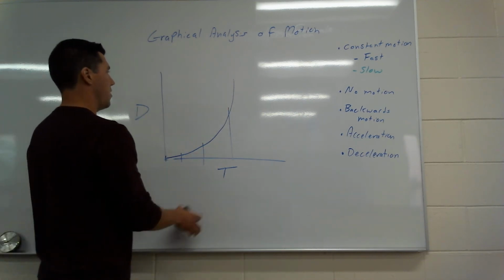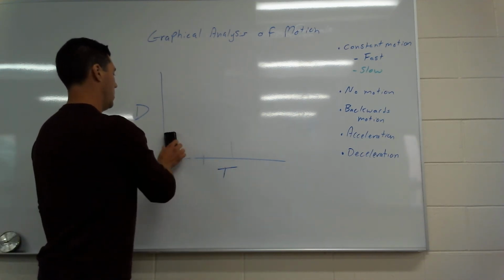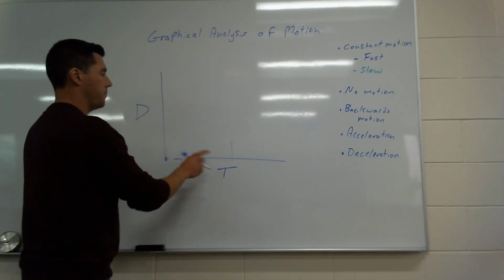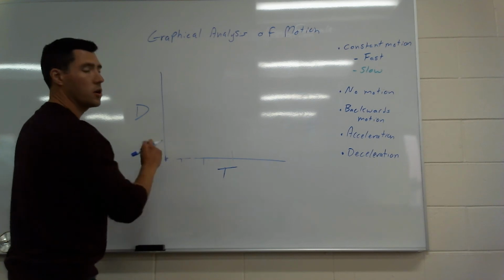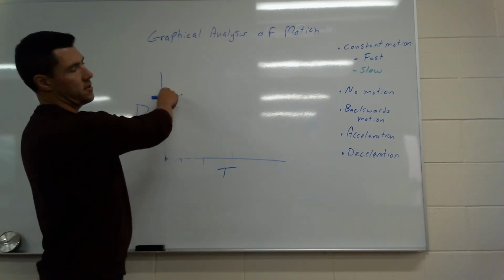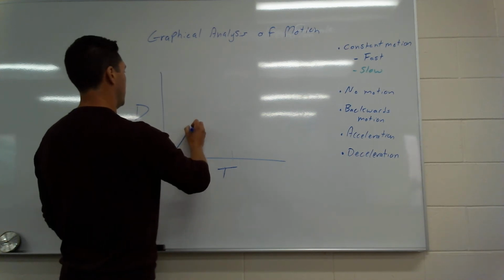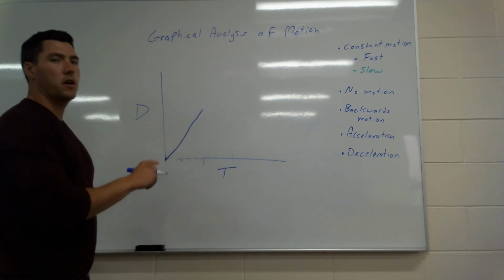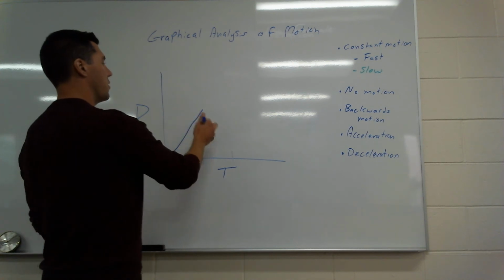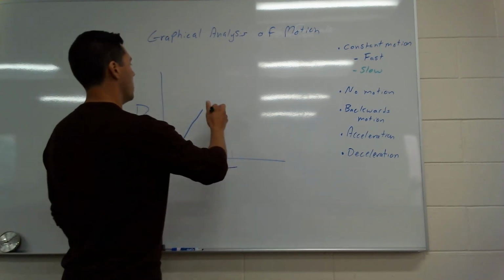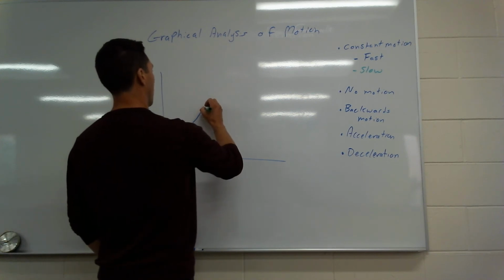Deceleration curve would be kind of the opposite. So let's say that you started somewhere. Again, you started at a distance. So let's say we're going to do this. We're going to do a constant motion first, because you can't just start at a distance over here. Let's say you're traveling along on a bike, you're going nice little speed, all that kind of stuff. But now you want to start slowing down. This is where the curve's going to change. So I'm going to change markers here. This is what our deceleration would look like. It would start curving